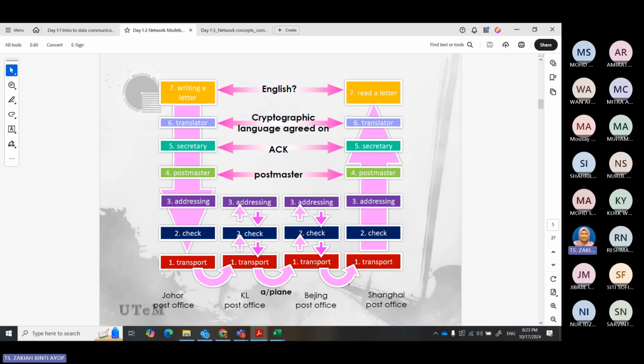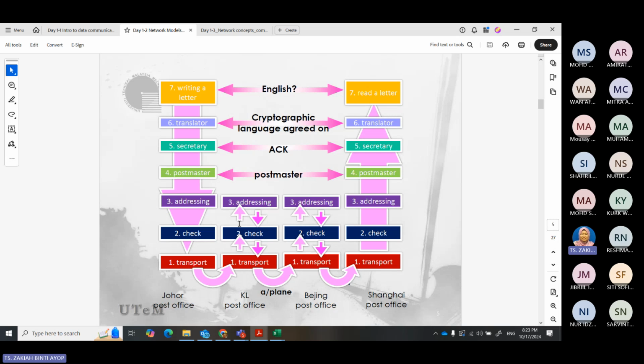And then you send it back again, and then it will reach another stop, another station. This station will check again if this is the right route or direction. So you check the addressing and then transport it again. The processing in between here doesn't take too many layers, because they just need to check where to send. Is it the right route?